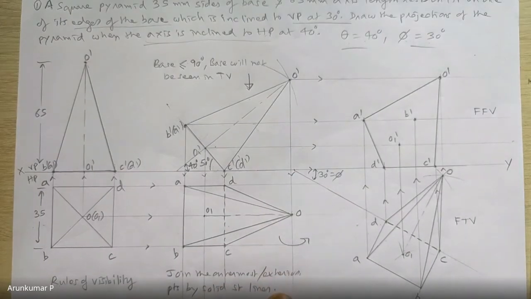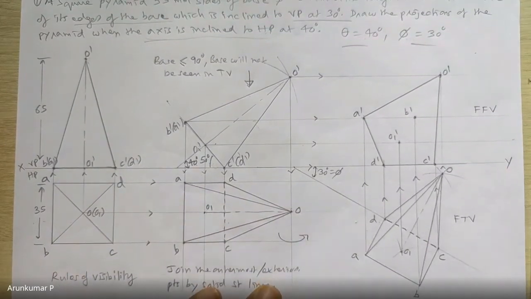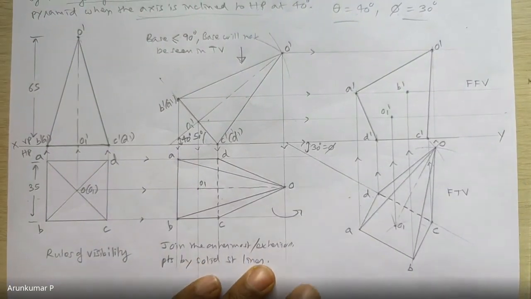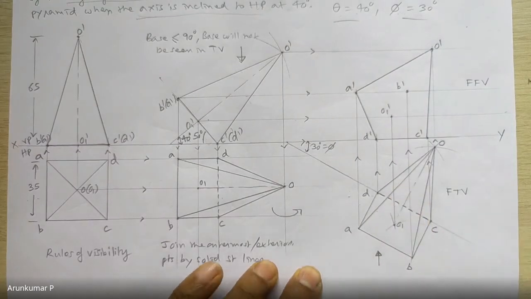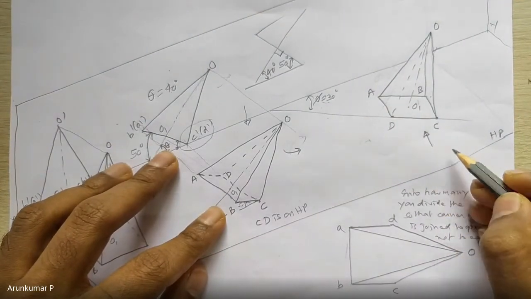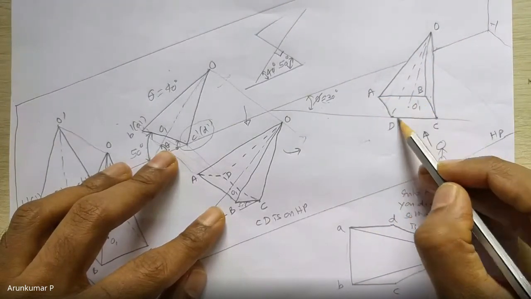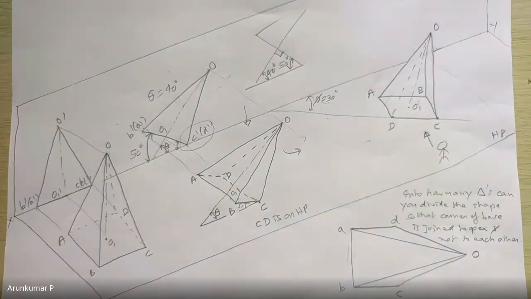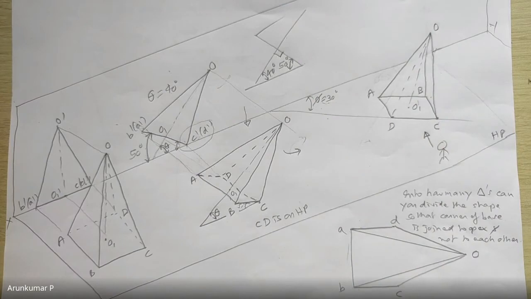Now we'll be seeing another rule of visibility, which is very simple. When you look from the front, this is the front view, or rather I can show you here. Yes, this is better. When I look from the front, I am standing here, I am looking at this pyramid. Do I see the base or no? In the front view, we want to get the front view. Do I see the base ABCD in the front view? Is the question.